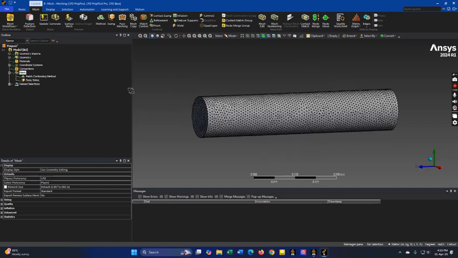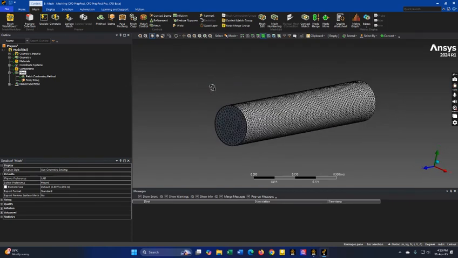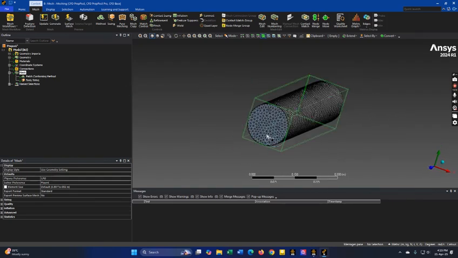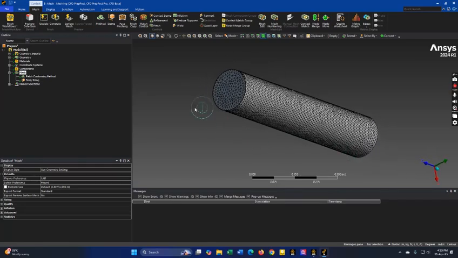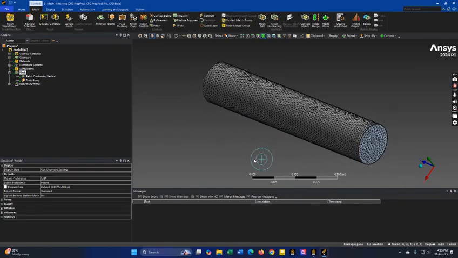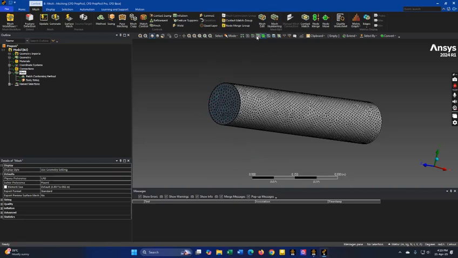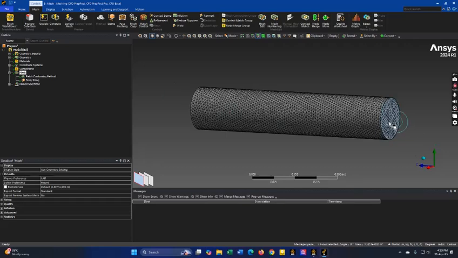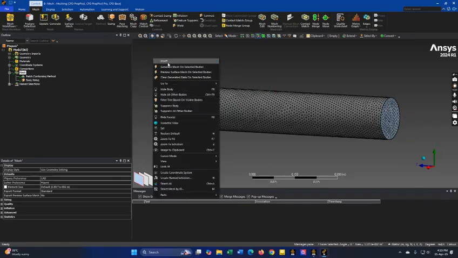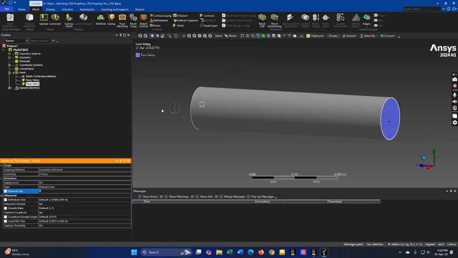And let's look at the mesh, and it should be okay. It's a very good quality mesh. Now what we need to apply here is a finer mesh on the faces, because this face here and this face here are of particular interest to us, because the flow will go through this and go out of this face. So choose this face and also select this face and right click on it, go to insert, sizing. You can also go from here and then sizing, it's all okay, but you should see two faces on the geometry here. And the element size,